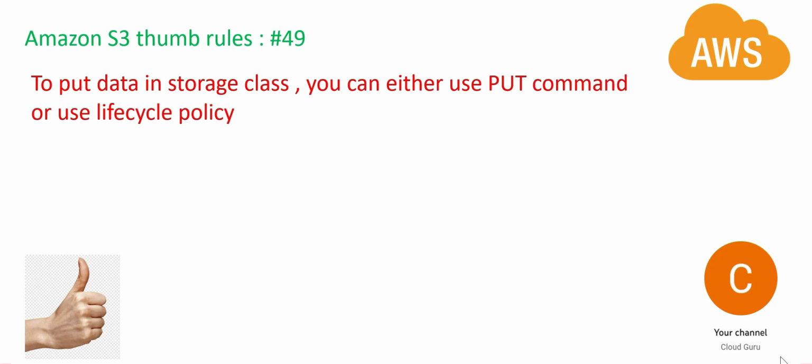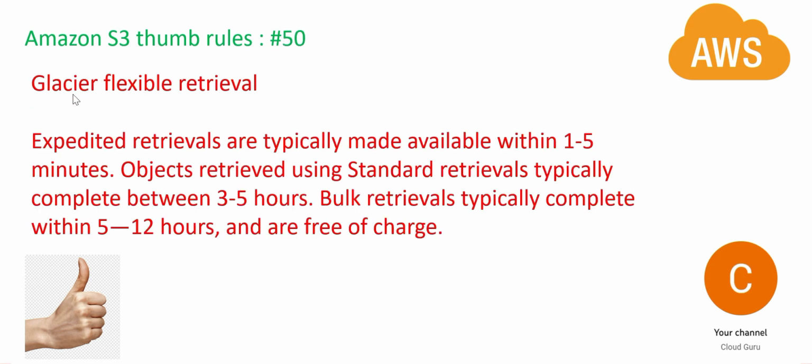Now there is a storage class called Flexible Retrieval in Glacier. What it does is it gives you flexibility. It gives you an option called expedited retrieval. What it means is I'm storing it in the fridge, in the cold storage. But when I want to have my potato fries, suppose Keventers is the brand that manufactures these packed potato fries, you keep it in your freezer. Now you want expedited retrieval, like whenever I want to eat, I should be able to do it in 1 to 5 minutes.